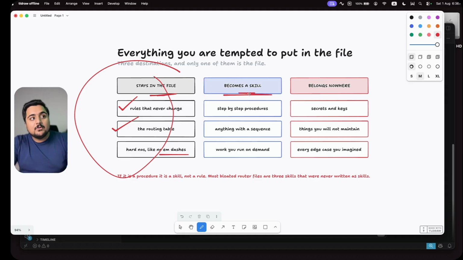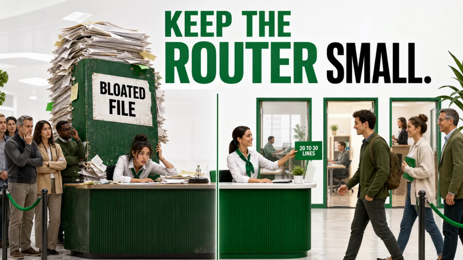All of these things will go into a particular skill. And what will be the benefit? There are multiple benefits of that. Number one, whenever we are starting a session, this Claude.md file is being read by Claude, or by any AI that you're using. So it is taking the tokens. If this file is very large, it is taking more tokens, you are spending more money. That is definitely not a good practice.